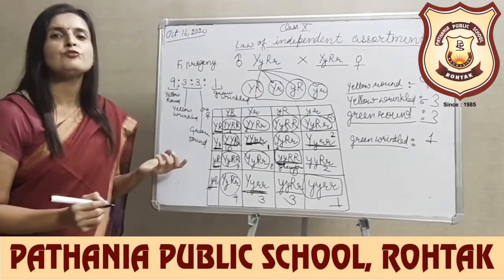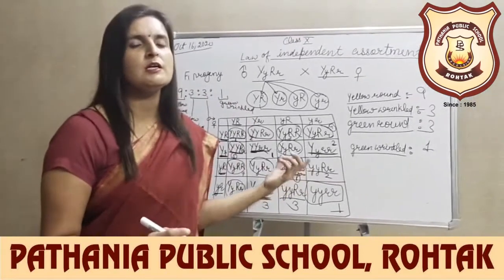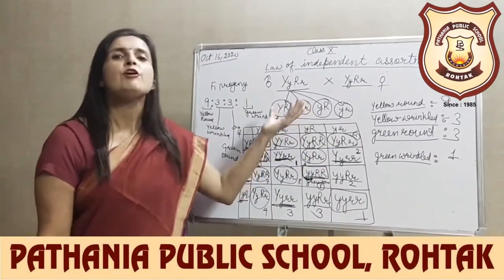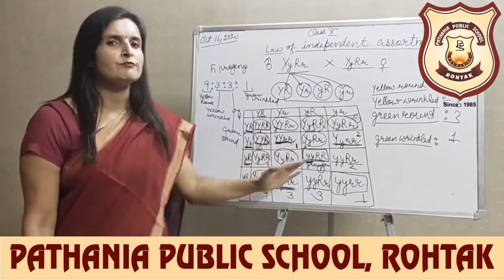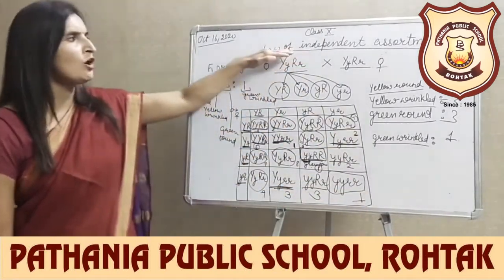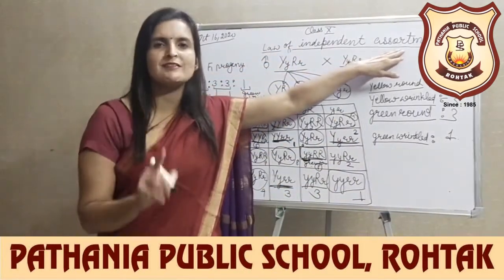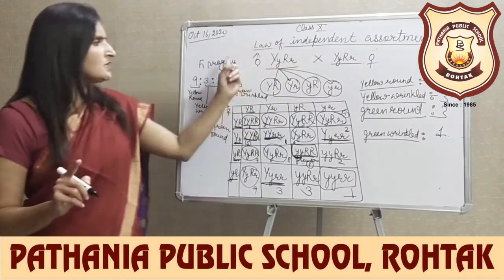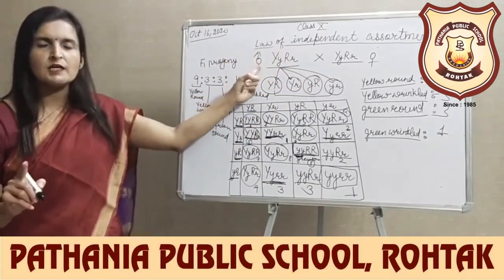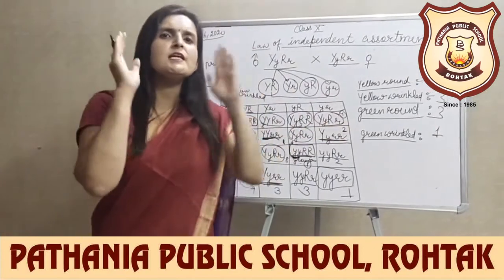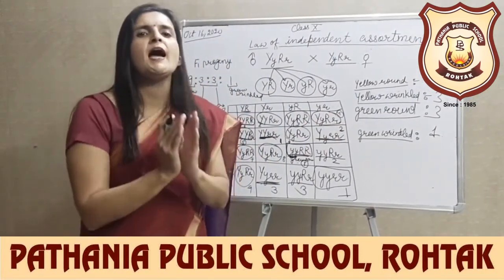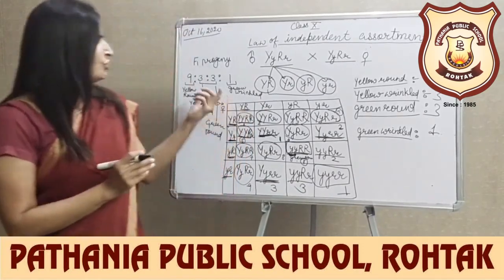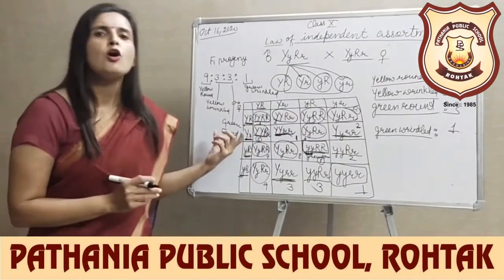In the same way, to make the facts clearer, Mendel conducted experiments with different pairs of contrasting traits and observed the same results. So the law of independent assortment states that the factors for each pair, either the shape or the color, get independently separated into the gametes, and in the F2 progeny, other than parental combinations, new combinations are also obtained.